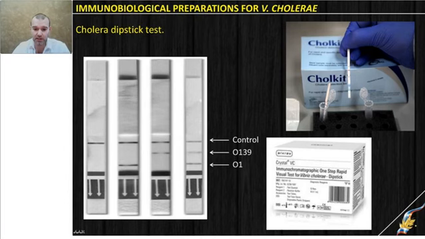It is an international test, but we have a lot of similar-looking tests. The principle is the same. It is immunochromatography, and antibodies against O139 and O1 Vibrio cholerae are fixed to that strip. You need to take a sample, add it to the paper strip, mix with some reagents which come with the kit, and if a line of precipitation appears, according to the place where it appears, you can get a result. It can be negative, positive for O1, positive for O139, or both strains.